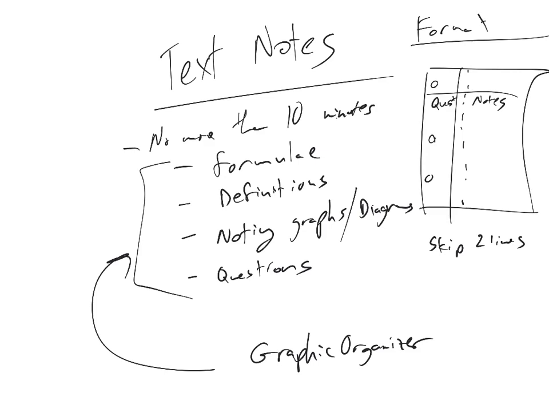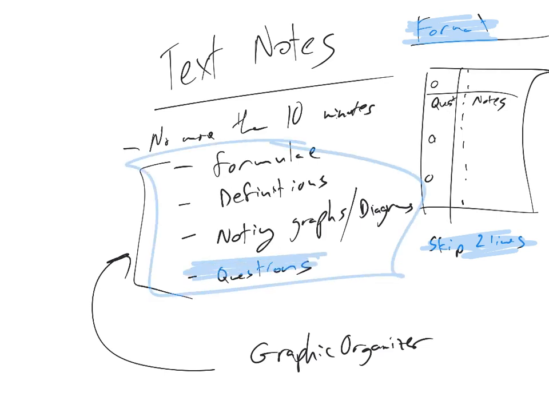And so then, when this is graded, what am I looking for? Number 1, format. Cornell, skip 2 lines. And then secondly, do you have a sufficient amount of material? Because obviously you can try to cut corners and it gets silly. And then at the very end, do you have a graphic organizer? Do you have questions? So once again, what is going to be important? Your basic format, right? Skipping 2 lines. Do you have the right amount of information? Did you put questions